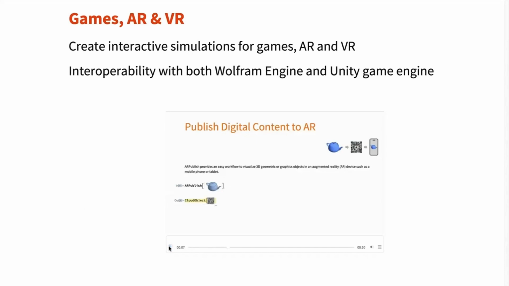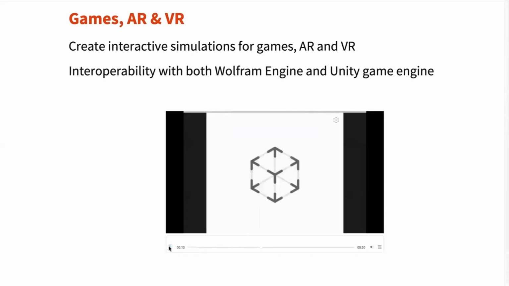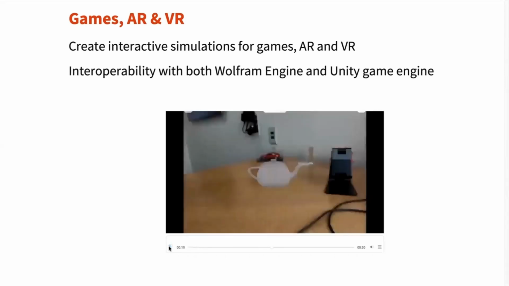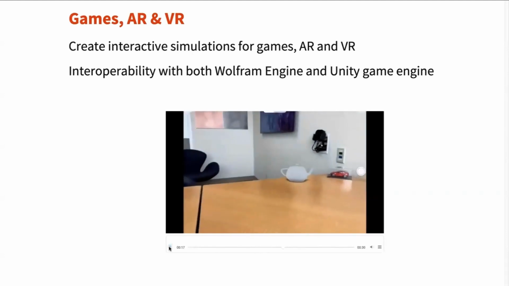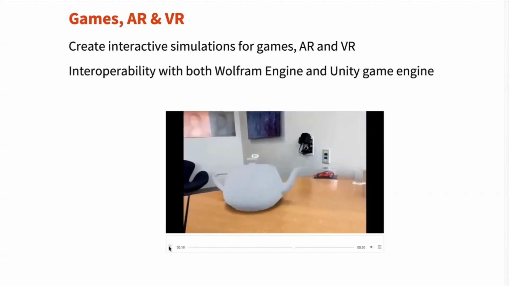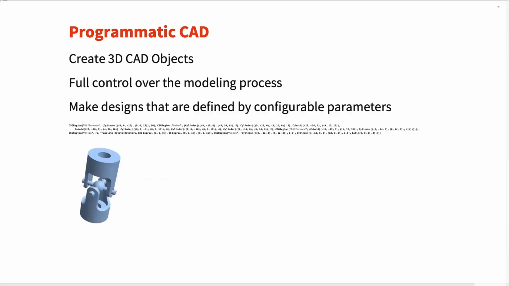Publish your model directly to AR devices and take advantage of the connection between the Wolfram language and game engines to programmatically control your creative and development process. As in programmatic CAD, 3D objects in Wolfram geometry can be designed